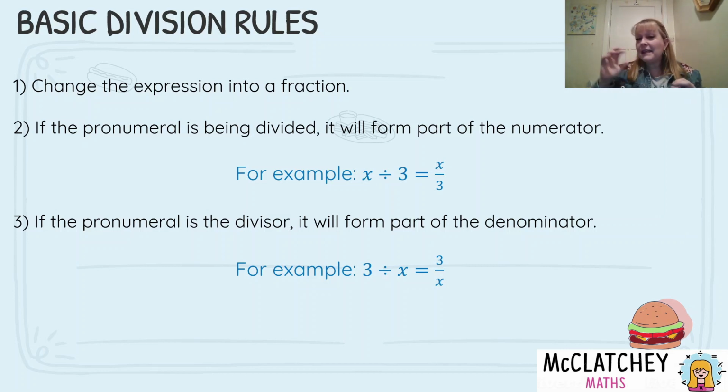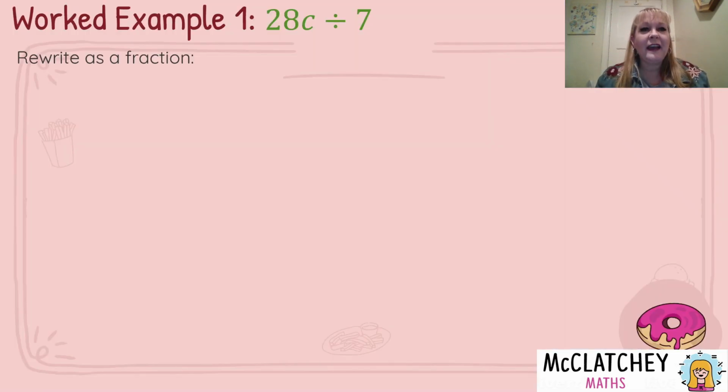So the x part comes after the division symbol, which means it goes on the bottom of the fraction. Okay, so if you can follow these three basic rules, you'll do okay. So let's have a look at 28c divided by 7. We're going to write that again as a fraction, get rid of that division symbol and simply write 28c